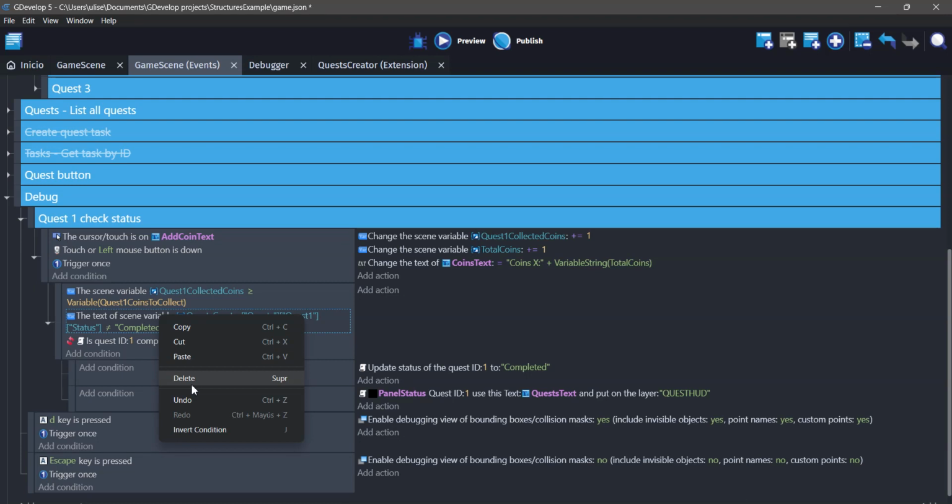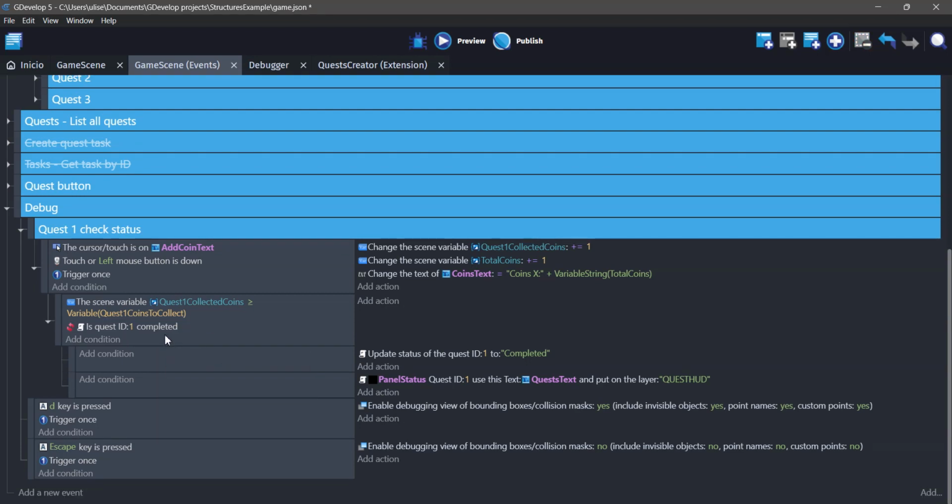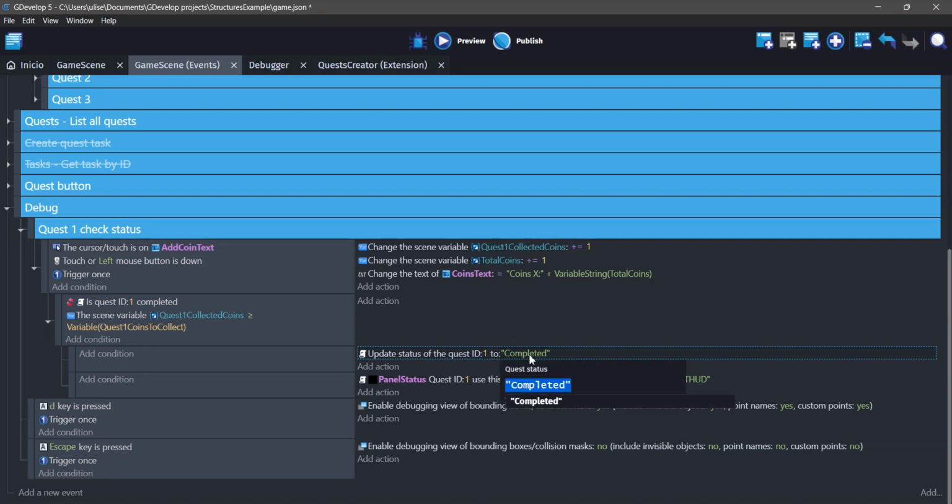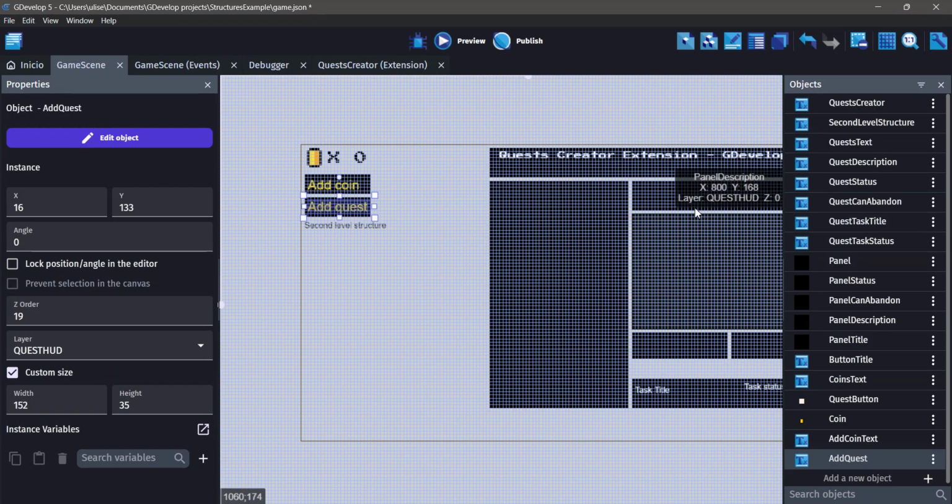So now this I can delete. So if the quest 1 is not completed and the coins collected are greater or equal to the coins we need to collect, we update the quest status of the quest 1 to complete, and we refresh the UI, the HUD here